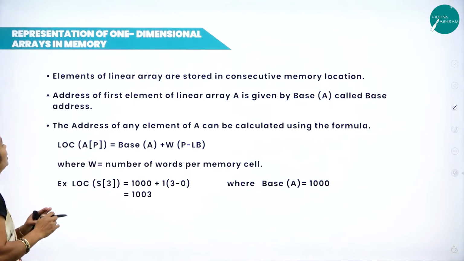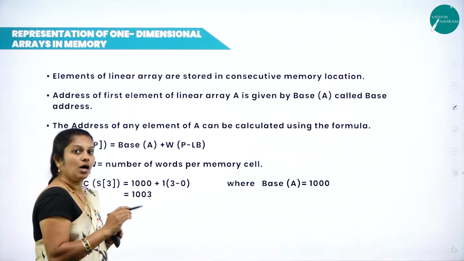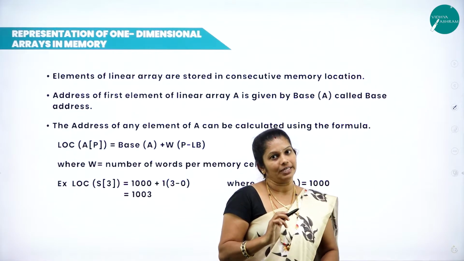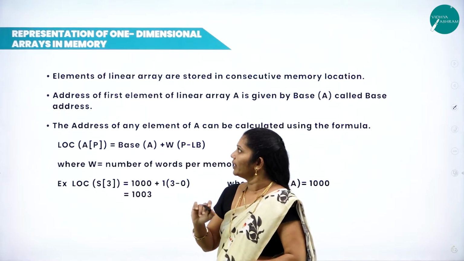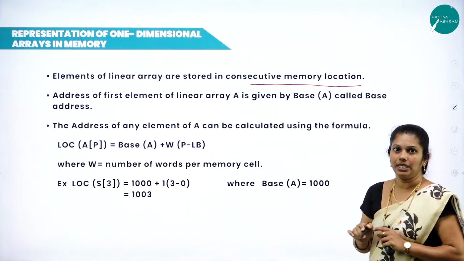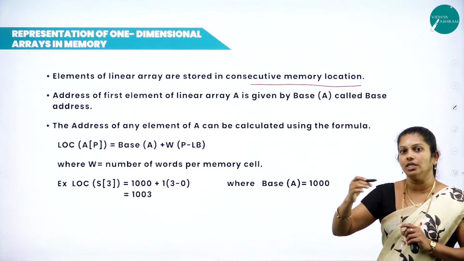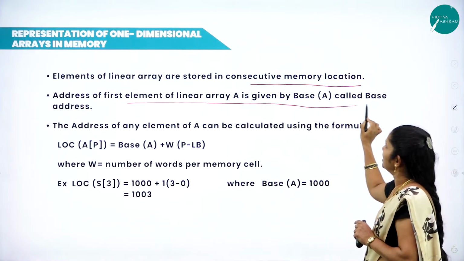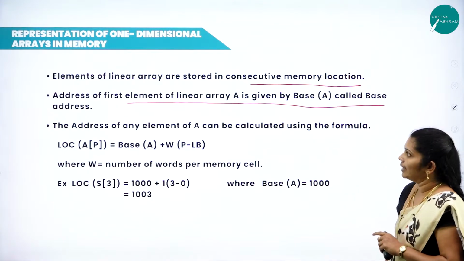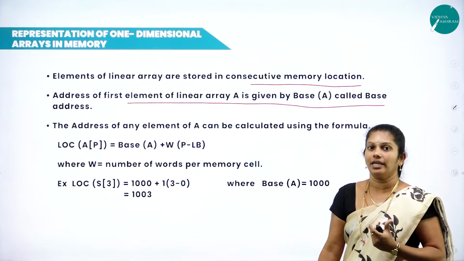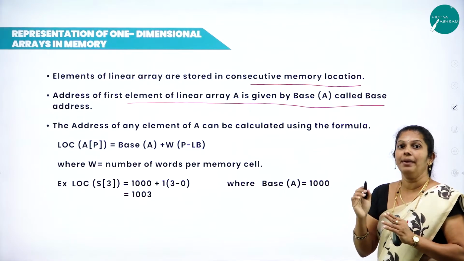Next, we'll discuss the representation of a one-dimensional array in memory: how elements are arranged in memory, and how to identify the location of an element in memory. Elements of the linear array are stored in consecutive memory locations. That means all the elements are arranged one after another. The address of the first element of the linear array A is given by Base(A), called the base address. The memory location from which the elements start to be stored can be called the base address,